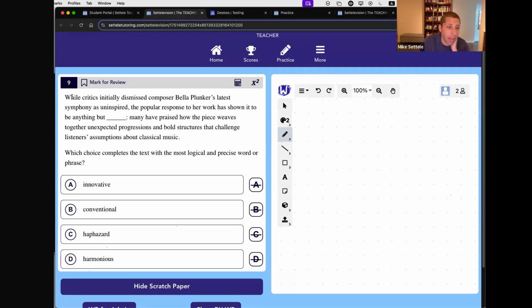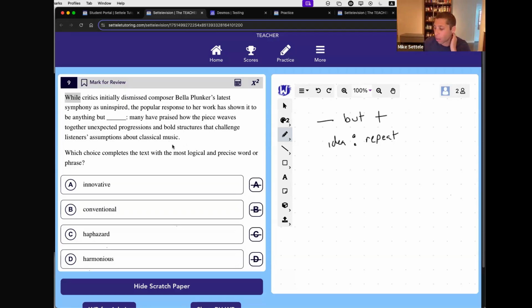So two things I noticed right away. "While" is an important word. It's a contrast word. So if we're starting by saying people said it's uninspired, and then we have some sort of contrast, it feels like we want to say it's inspired, it's something good. The other thing I noticed is the colon. The colon allows us to repeat things, especially in these vocab questions. So we have some idea before, and it's going to repeat that idea after. And especially when the blank is before, that means don't get crazy trying to fill in that blank.